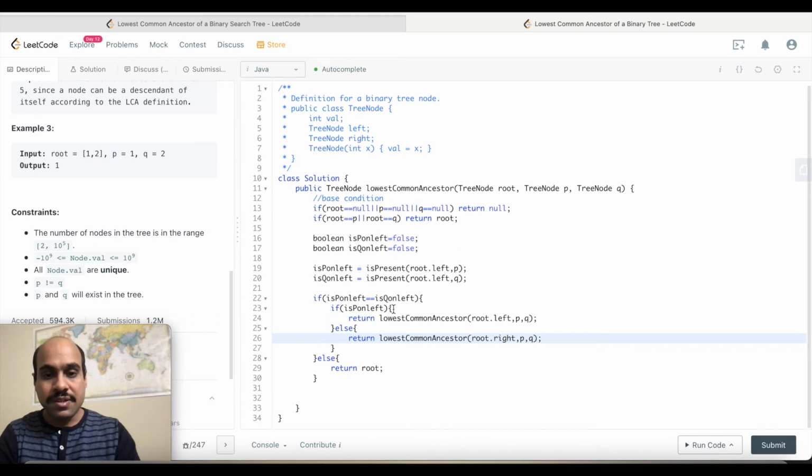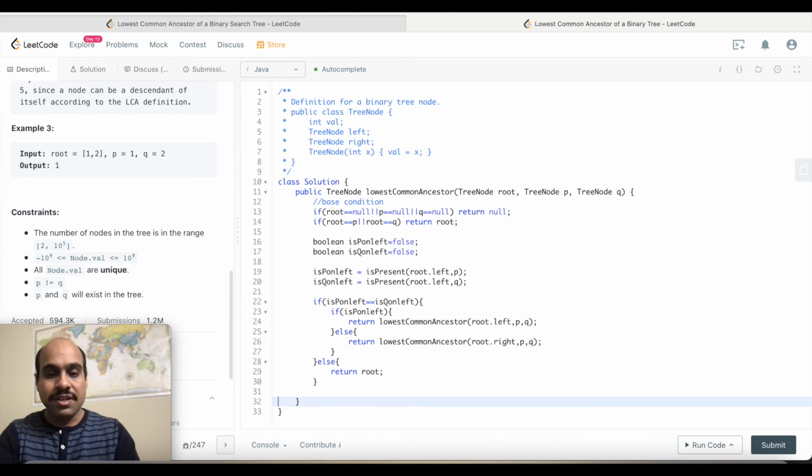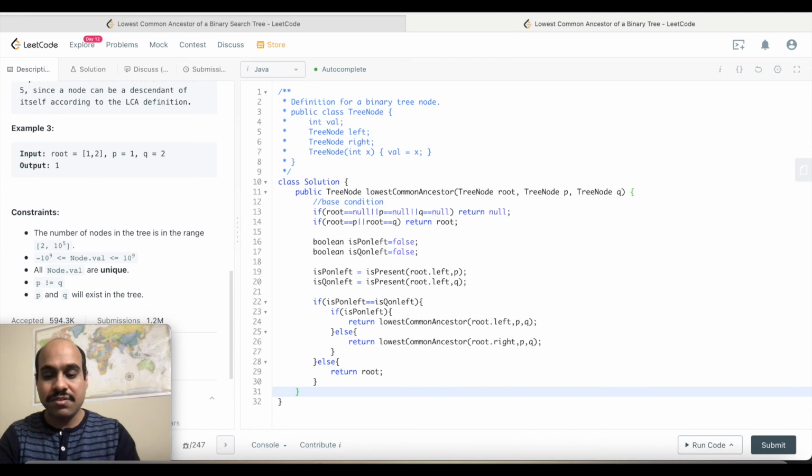Okay, I think the main thing is done. We are checking this condition here, then we are finding out where these two are with this function. Now I need to implement this function. It's an easy function. We just need to verify whether this value is present in that tree or not.